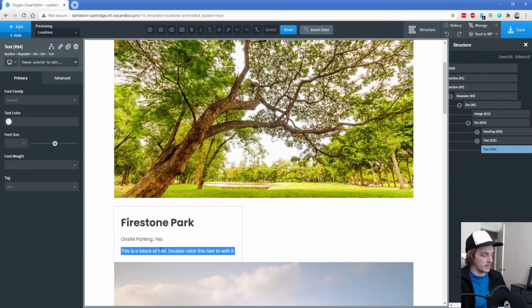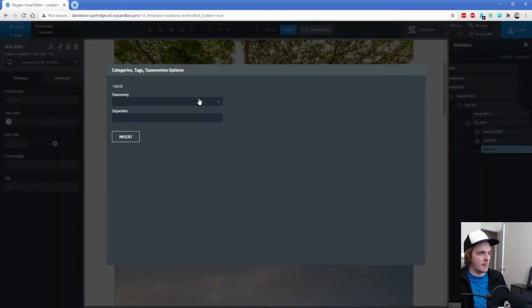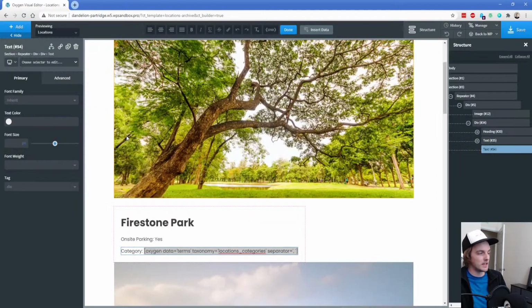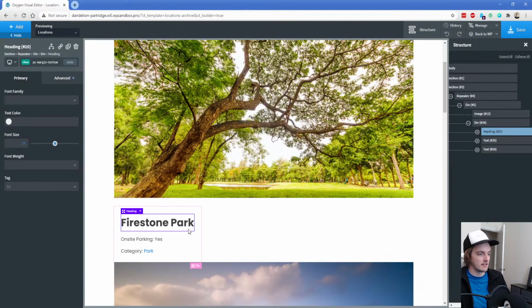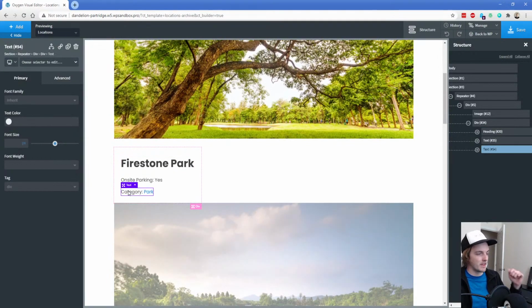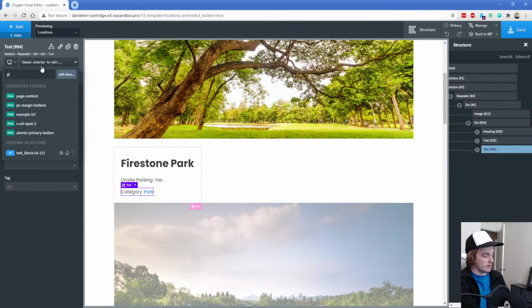We're going to go with category, space, insert data. Categories taxonomy will be location categories. Separator is going to just be a comma and a space. And then now we have our category in like that. Next up, let's go PS margin